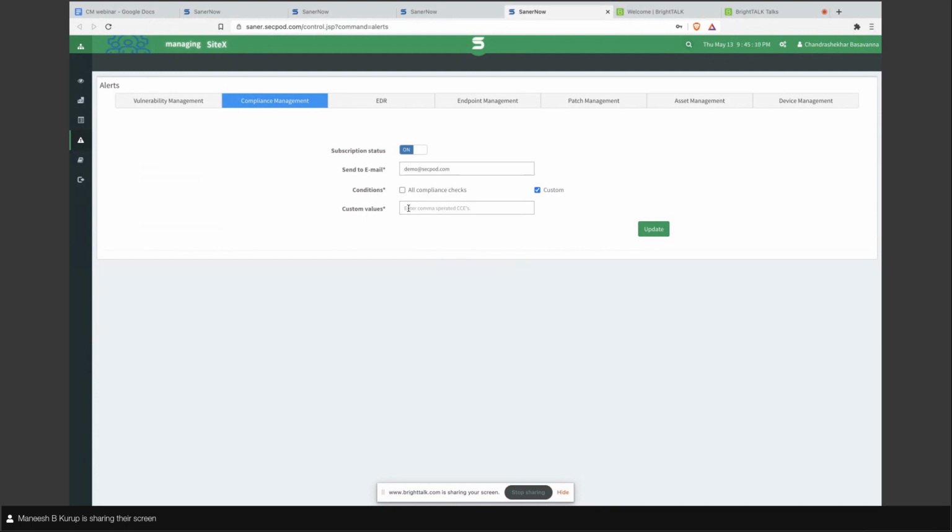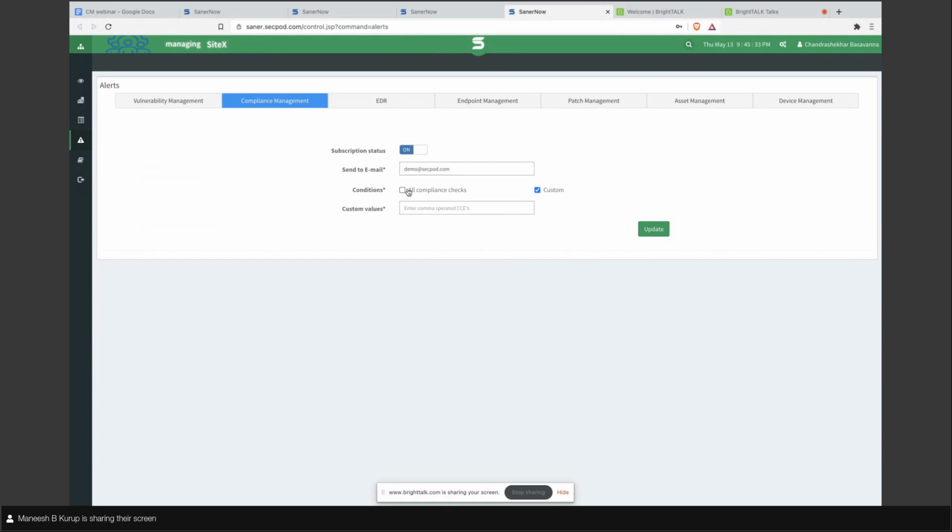So that ID you can get for the non-compliance settings which you are interested in. Those IDs you can populate here, and once such non-compliances are detected in the organization, you will be getting automatic alerts.